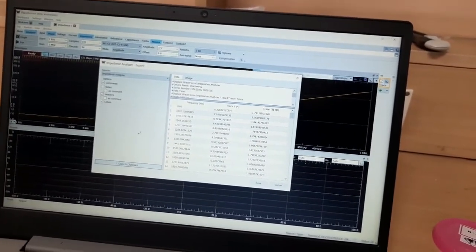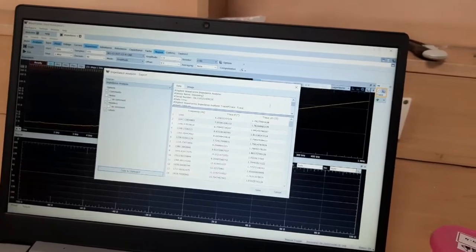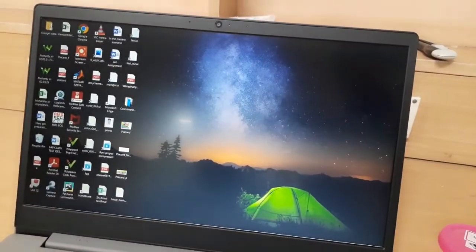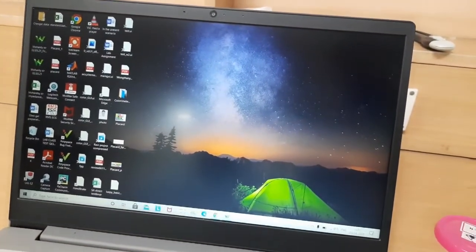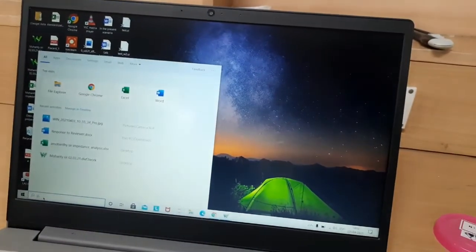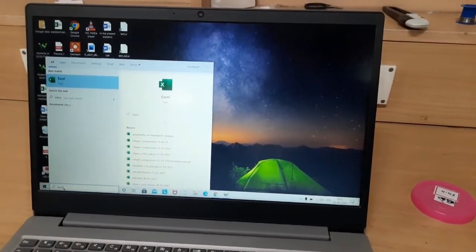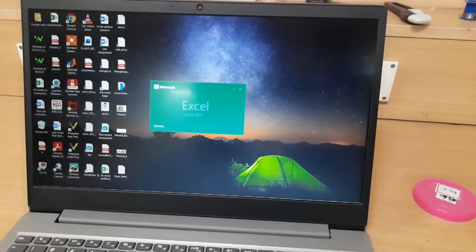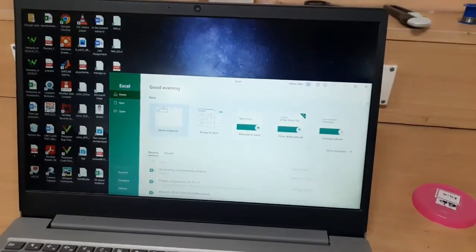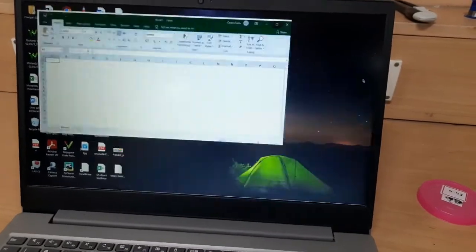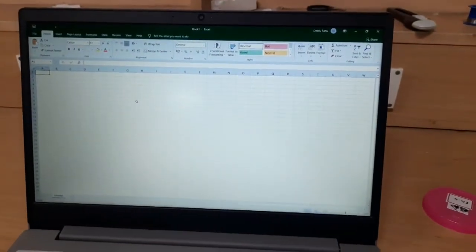Then we can open an Excel file here. It's already copied, so let me open Excel. I will paste the data.